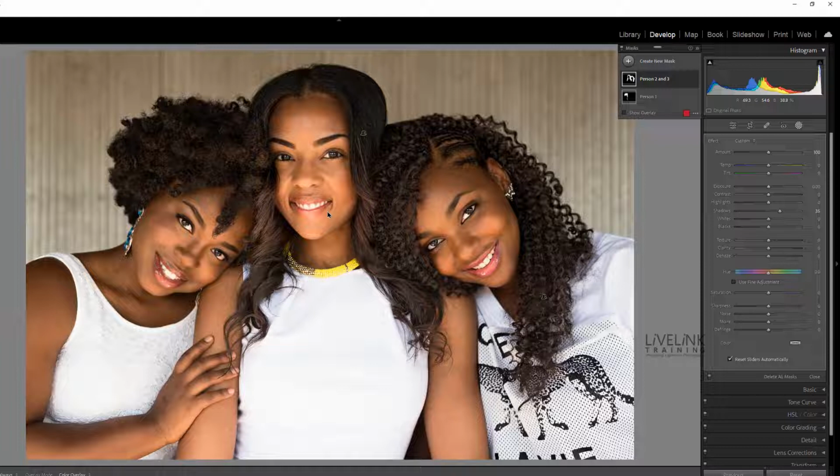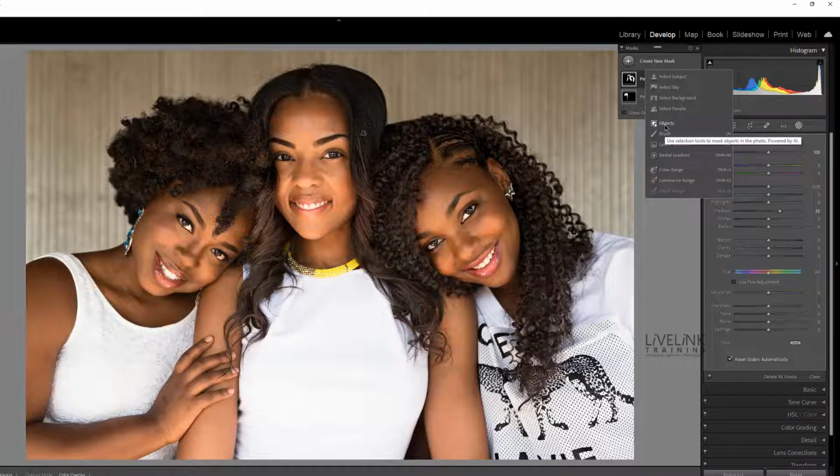Now you can repeat these processes for any of the listed facial features and adjust them. It's brilliant. I absolutely love it. Okay, now let's look at select object. I'd like to change the colour of this neckband here. Okay, so I'm going to create a new mask. I'm going to select objects